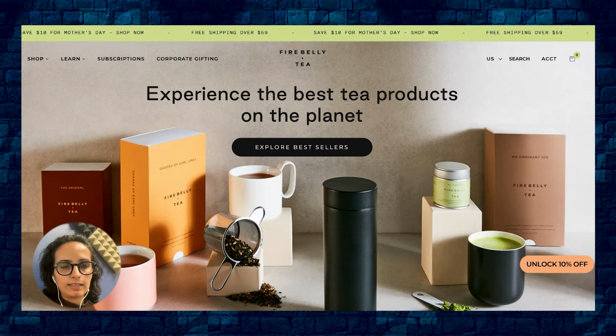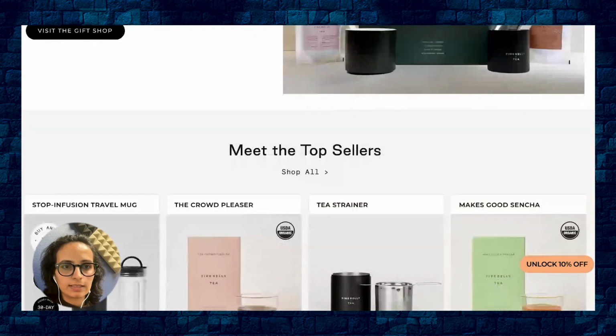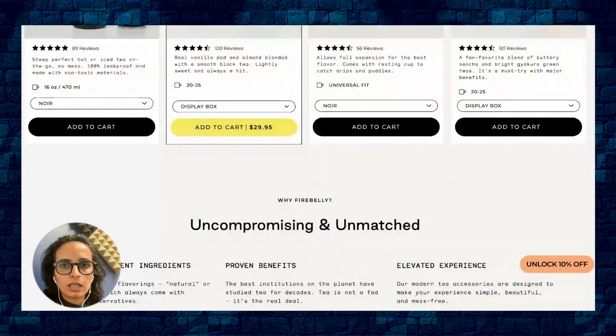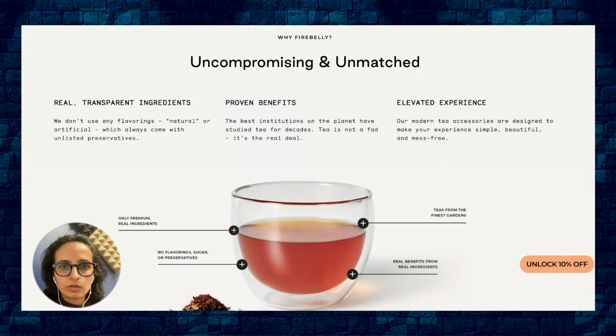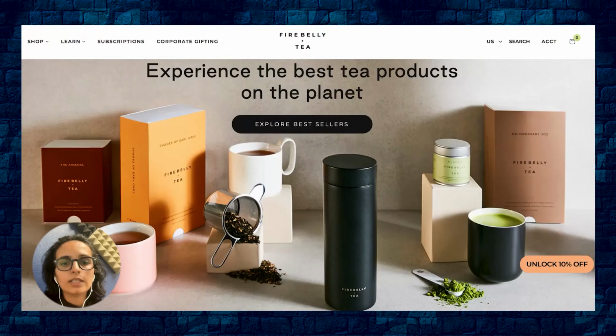After that, let's move down. So it's a Mother's Day campaign. This is great. Meet the top sellers. This is amazing. Why Fire Belly, uncompromising and unmatched? I think this is a great section, and this is a unit which can be taken above. Having said that,